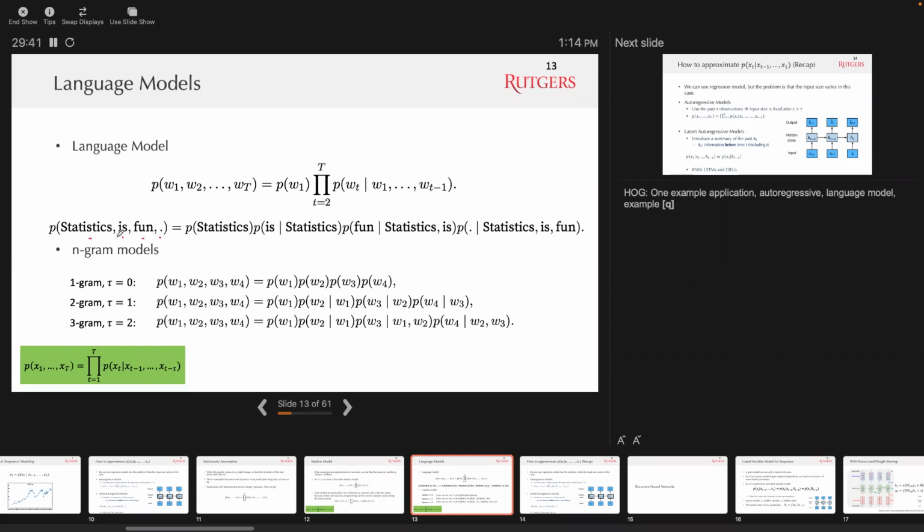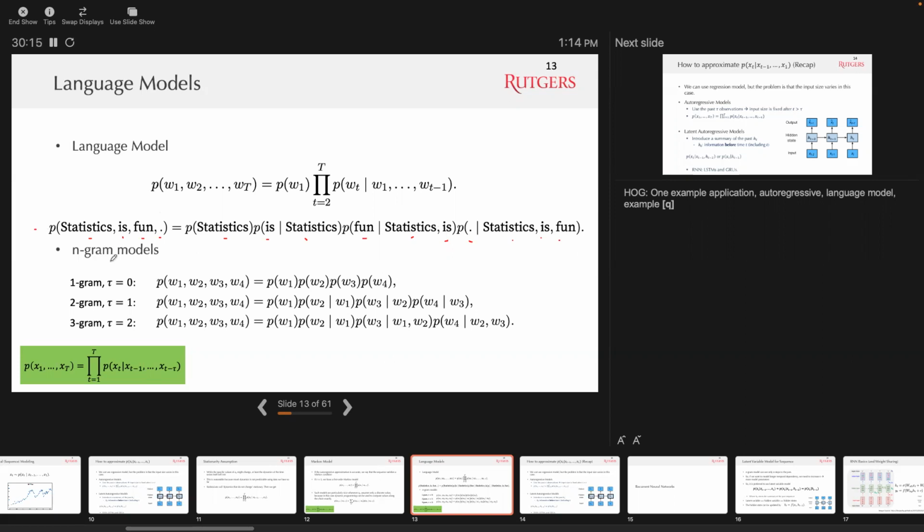It can be decomposed into the probability of the word statistics, times the probability of the second word given the first word, and the probability of the third word, fun, given the first 2 words, and the probability of the last token, which is the period, given the first 3 words. So we can factorize it into 4 terms. And now comes our Markov assumption